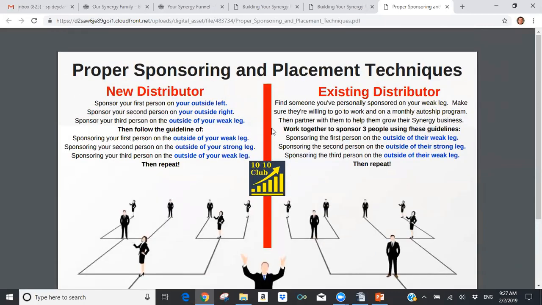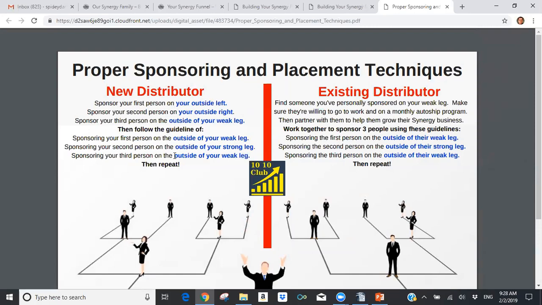I work in threes. First person outside left, second person outside right, third person on the outside of your weak leg. Then you start over. And what do you do next in the next 3 people? Well, the next person that comes in, I want to place them on the outside of my weak leg. And then that next person on the outside of my strong leg, and the third person on the outside of my weak leg. Always going into my Synergy back office to check